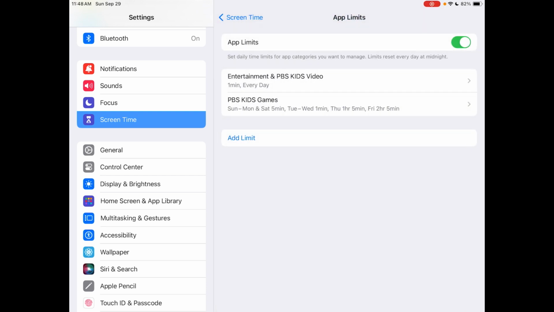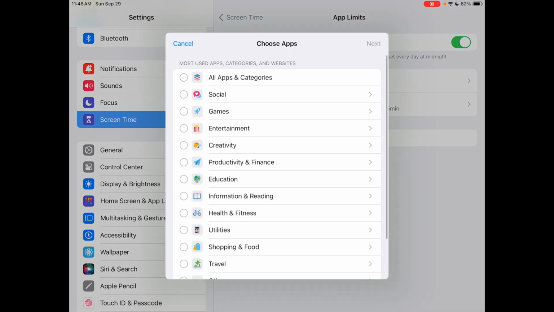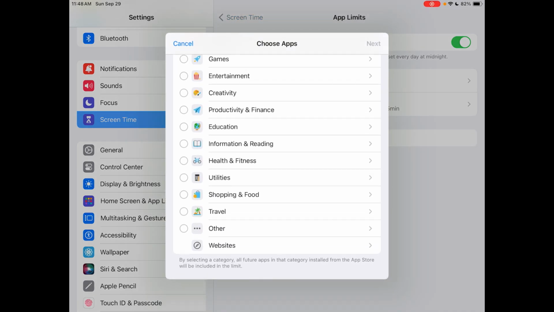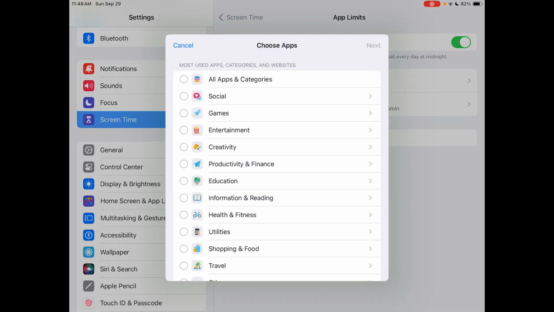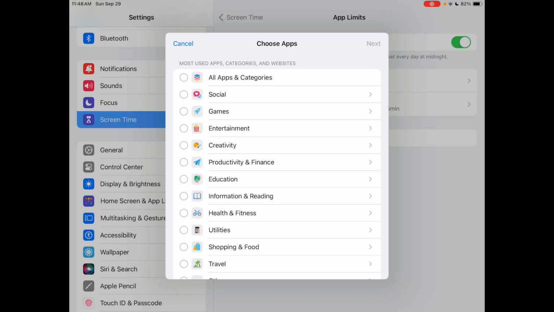You can also set limits for things that are not apps. I'm telling you this because we have a YouTube app limit set in our home. That's 5 minutes a day because their affirmations are part of their morning routine, and I want them to have access to certain videos that we use on YouTube for their affirmations. So they have a few minutes to go to get to that video and then to watch it. It's like 2 or 3 minutes long. And after that, the time limit will